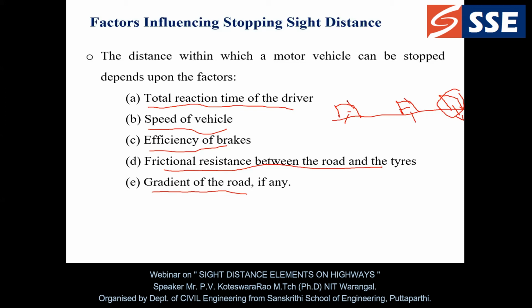We can't say that both are going to have the same reaction time. For example, if this person has applied the brake so that the vehicle stops before the stopped vehicle, that is without any collision. Now here the reaction time of the driver is very less. And with a very high reaction time, by the time he applied the brake, he has a collision with this vehicle also.